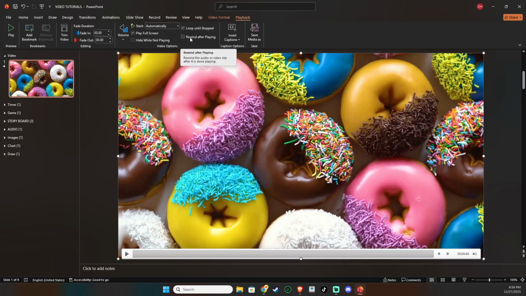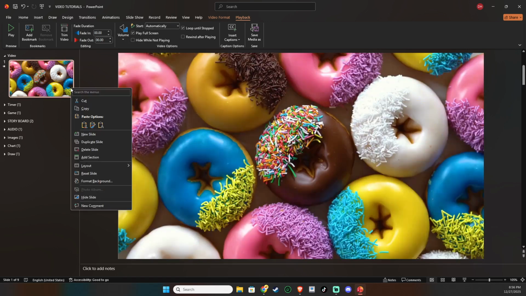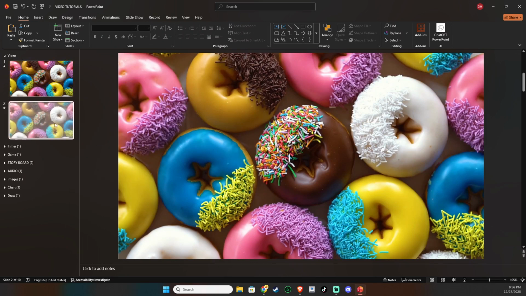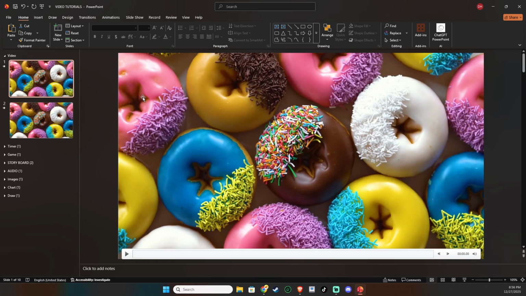Here's the crucial part for a truly seamless effect. Duplicate slides properly. After setting up the first slide with the video configured, create your subsequent slides by duplicating the slide rather than adding a new blank one. Duplicating keeps the same video instance alive in the background, which is what allows the motion to continue uninterrupted as you progress. If you insert a brand new slide or reinsert the video, it will restart and break the illusion